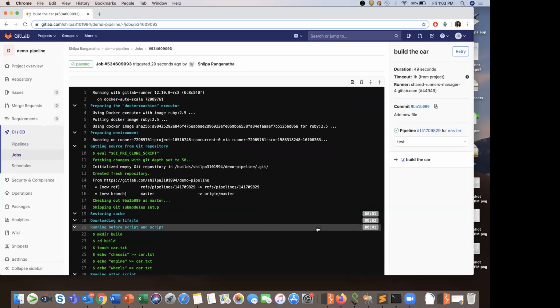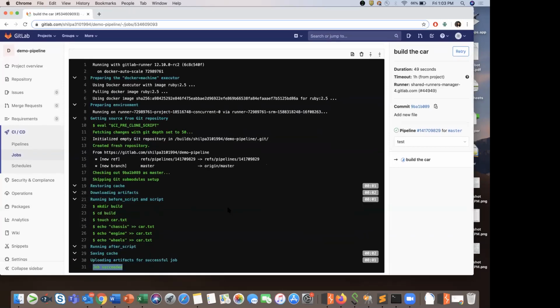So this black screen that you see here, which somewhat looks like a terminal, okay, or a command prompt. So this is our GitLab runner. So GitLab runner is the component that actually runs our pipeline. Now, who instructs the GitLab runner to start running the pipeline? So there's something called the GitLab server. Okay, now GitLab server is the one which organizes everything. So GitLab server is the coordinator. It's going to instruct GitLab runner to start running a pipeline.